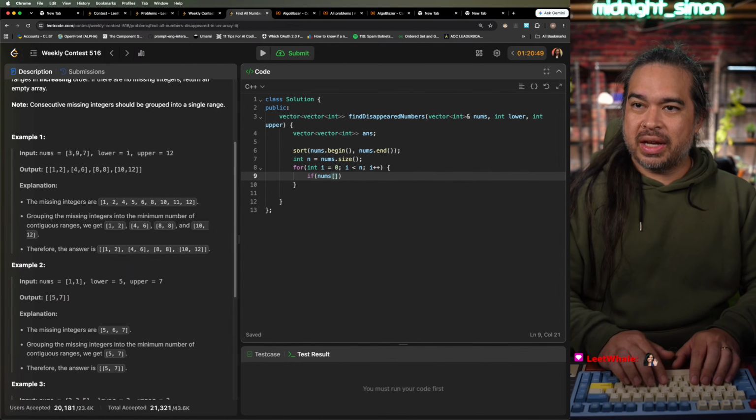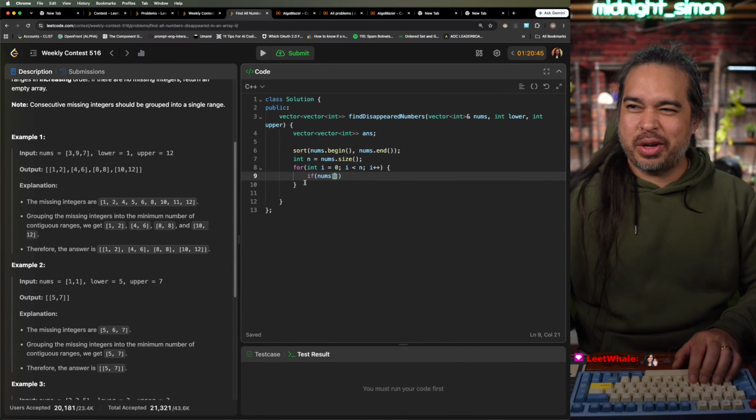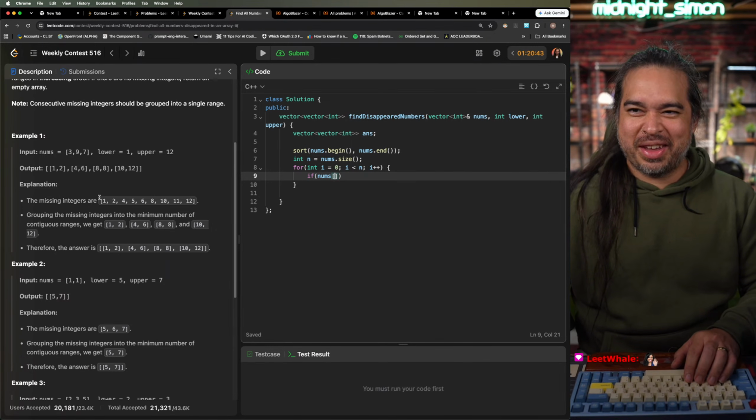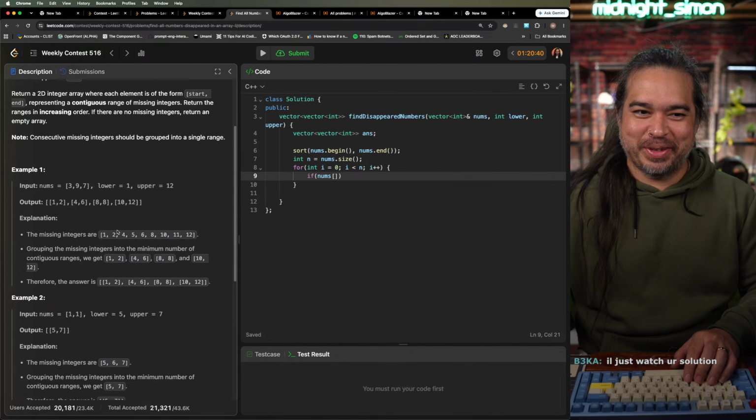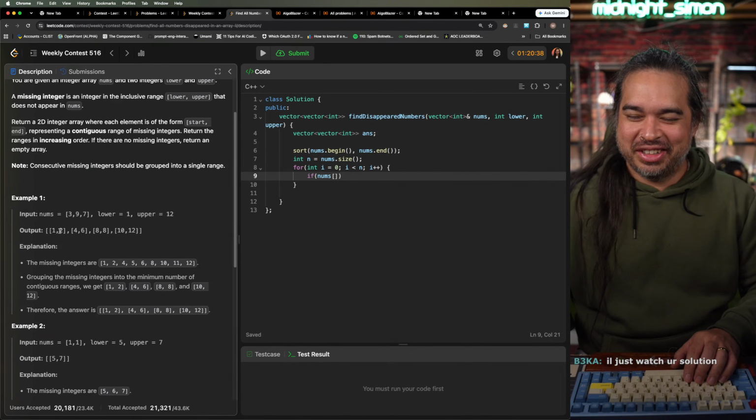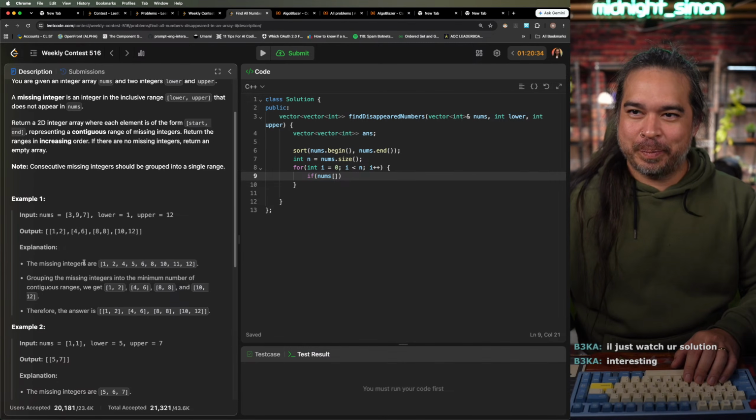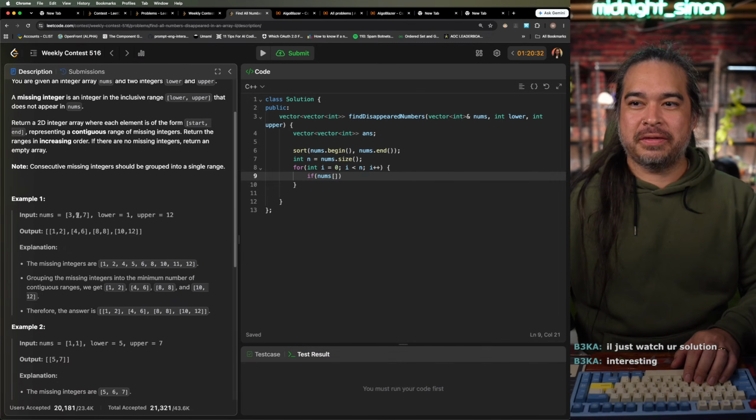If nums i, wait, how do I do this? It seems like not hard, but it seems a little weird with a bunch of weird if statements, you know? So I guess if, all right, between these lower and uppers,